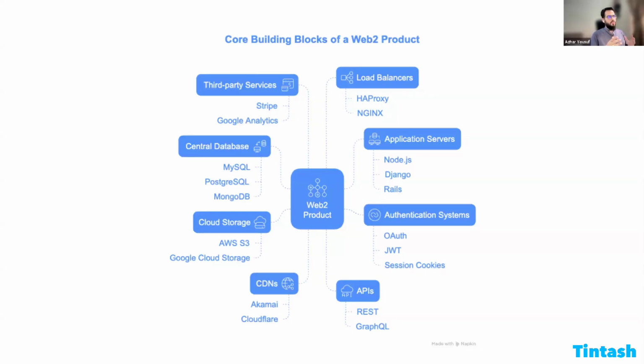So as you are all very conversant with this kind of a stack, when you have a Web2 product, you have looked at the core components. You understand that there are going to be certain APIs which will provide data to some end application for a Web2 user. There will be an authentication system for authorizations and authentications. There will be application servers deployed somewhere using some common frameworks. They will be using load balancers for balancing the incoming, outgoing traffic. And we understand that there are third-party services for providing extra services for our end customers.